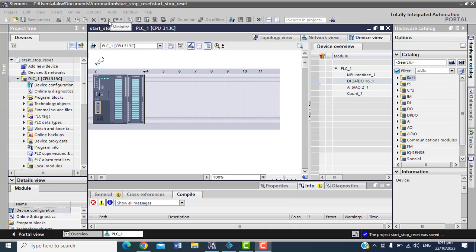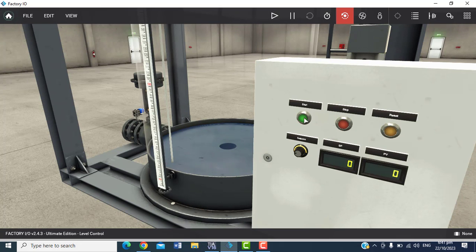So what I will try to do today is run the start, stop and the reset button. I will try to program it. I will program it with ladder logic first, and then I'll come and show the same thing with Structured Computer Language, SCL. So you can just see how these things are.